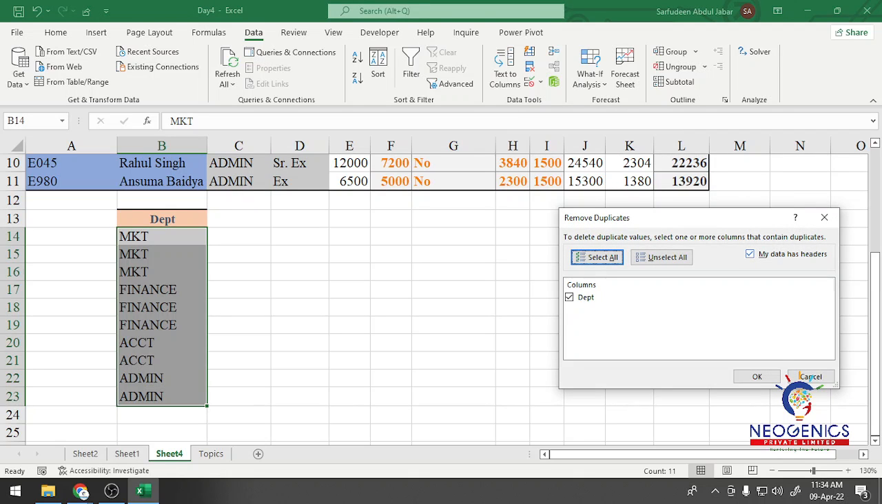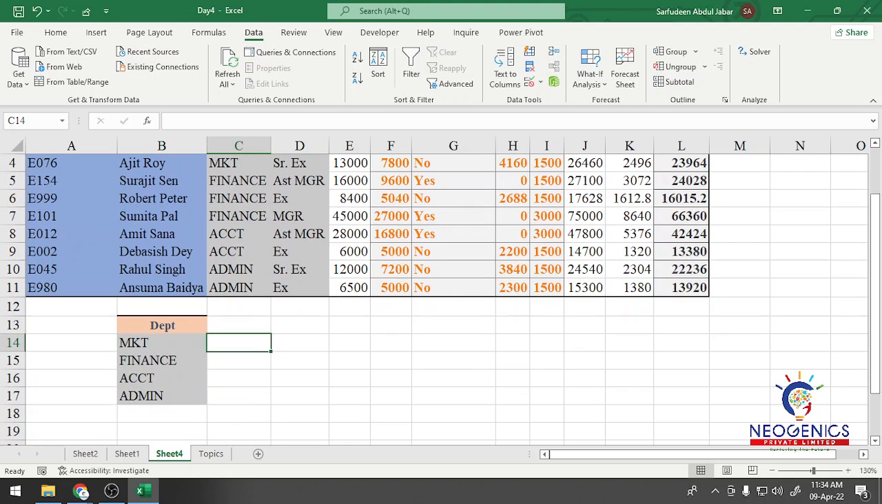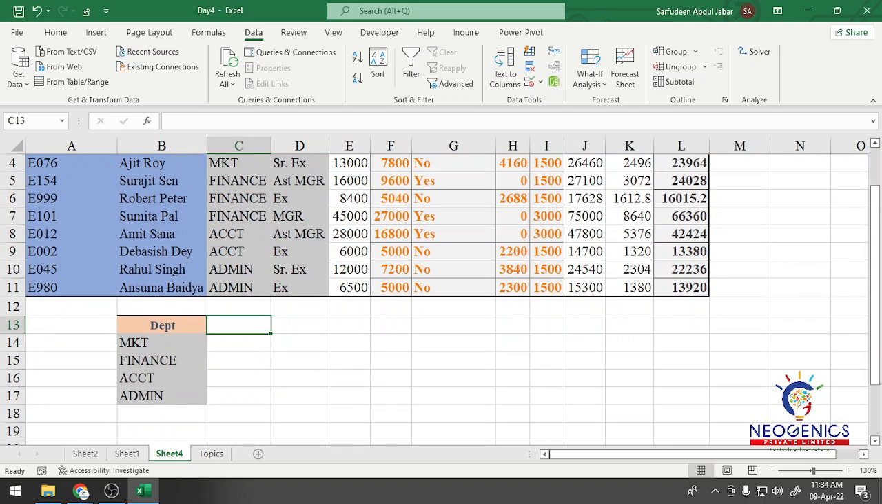There's an option, my data has headers, so department is the header. Just tick the checkbox and click OK. Now the duplications are removed, so the unique data are there. I need to get the total net pay for each and every department. So total net pay in the header, and below it,